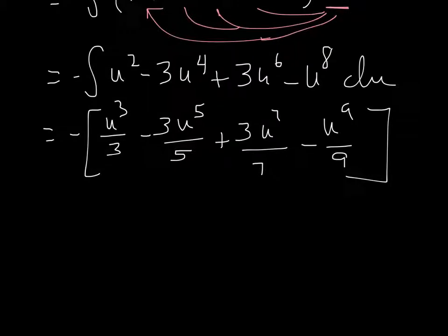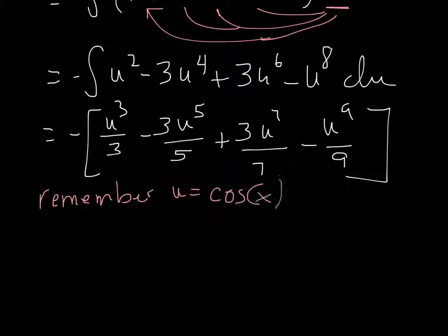And then I can distribute this negative, but remember the reminder from way up above that u equals cosine of x. So let's do it in one step where I distribute the negative and everywhere I see a u, I plug in a cosine. So I'm going to get minus cosine cubed x